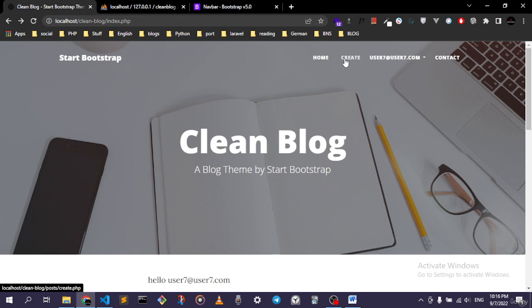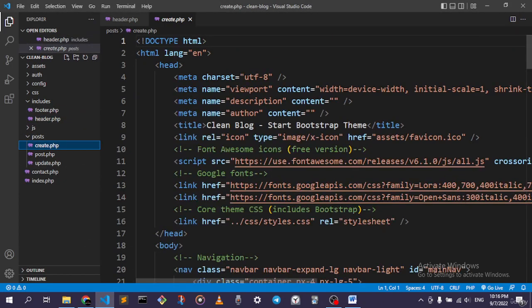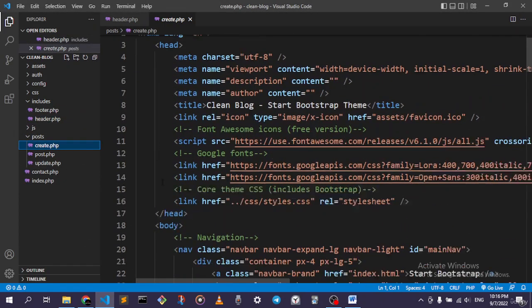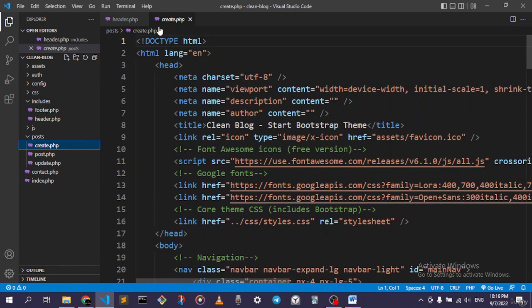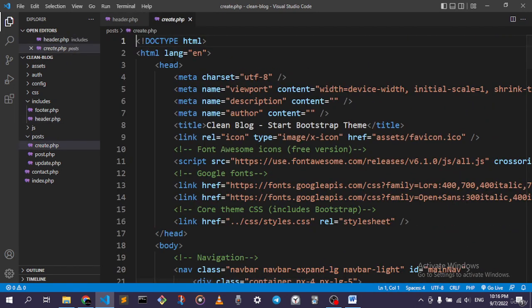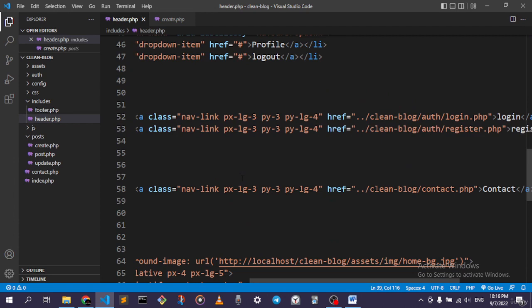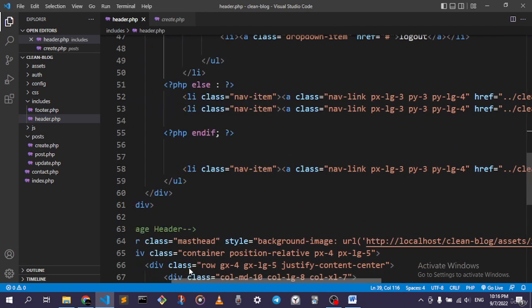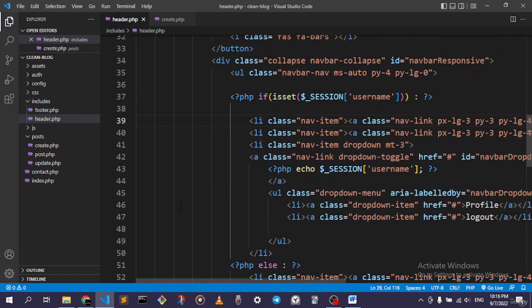You can see that if we hover over here, right now it's giving us the path to our own file. So if we click on it, we can go to the create, and of course we got the login and the register back, because the header in the create is still the old header. We did not get this new header down over here in the create. All right, so of course we are going to be doing this later when we create the creating page,